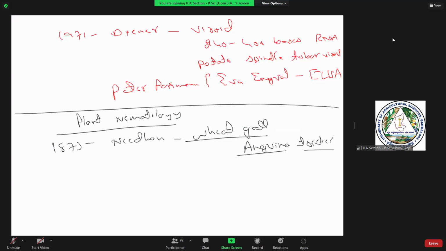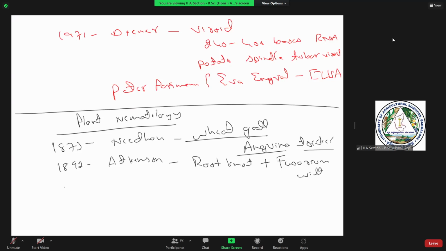Later, Atkinson in 1892 reported a disease called root knot disease. This is a very common disease among all the vegetables. Atkinson showed that the root knot is associated with another, fungal disease, called Fusarium wilt. So both together they are associated and they can cause a serious problem in cotton.